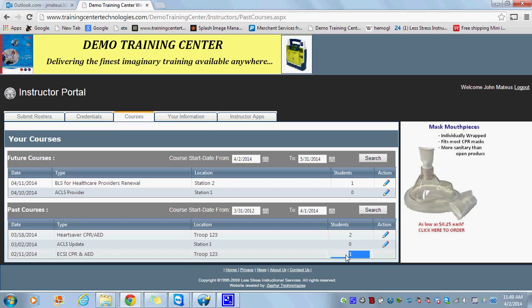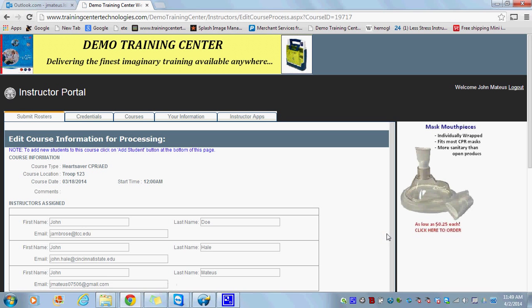So let's talk about where this particular feature is kind of useful. It is particularly useful if you send people out to teach for you. So for example, ABC Corporation has purchased an AED. They would like you to come down and train 10 people to use it. You book the class, you hire an instructor, you bill ABC Corporation. This class is off-site, so perhaps the instructor, after the class is done, can log in, click on the little pencil,